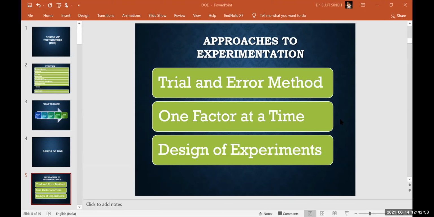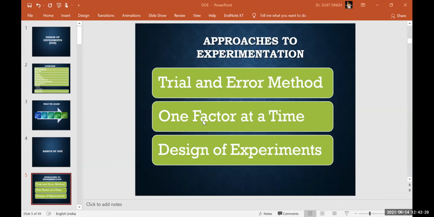No doubt, whenever you increase the speed, that will increase the MRR, material removal rate. But you can verify that one, you can perform that experiment, where you are changing only one factor at a time. That should be known as a one factor at a time experiment. But this will take a lot of time to conduct and find out the effect.